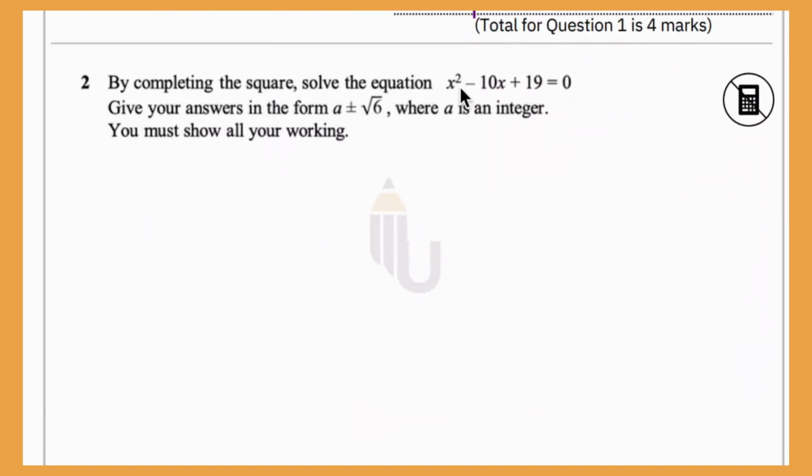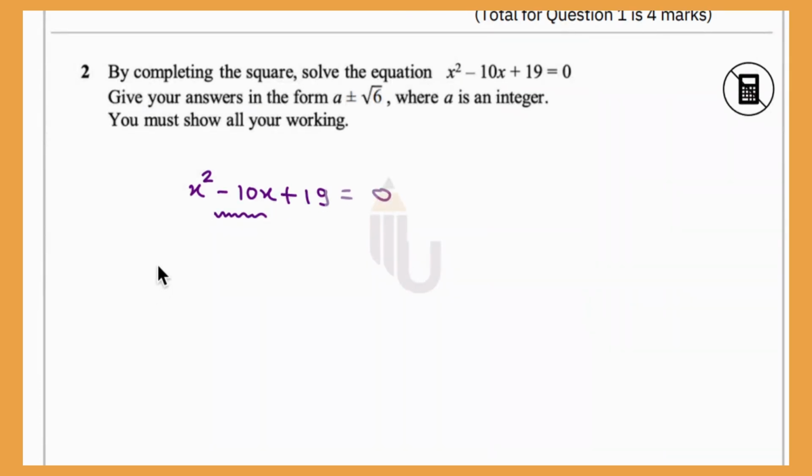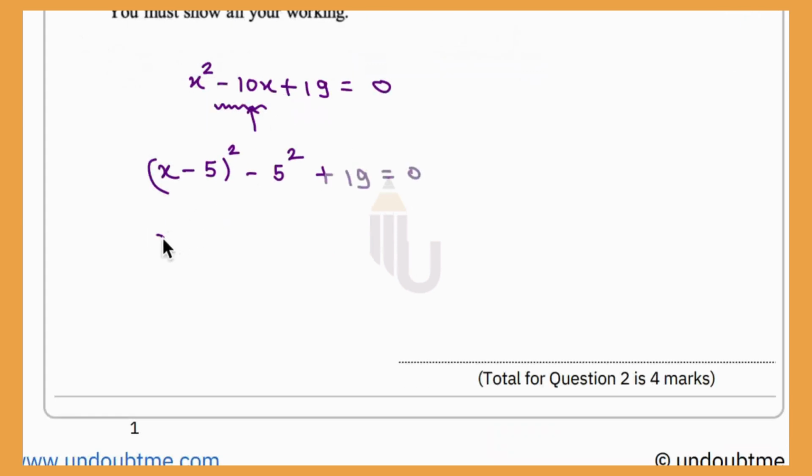So here we have to do the same thing as I was explaining in the previous one. If you want, you can pause the video right now and just do it on your own, and then you can check your answer. So here I will start with just writing it once, and then I will look at the middle term. It is having a negative sign, so I will be looking forward for a minus b whole square formula. So here it will be x minus, we need to half it up, so x minus 5 whole square, then minus 5 square plus 19 is equal to 0, and this will be x minus 5 whole square